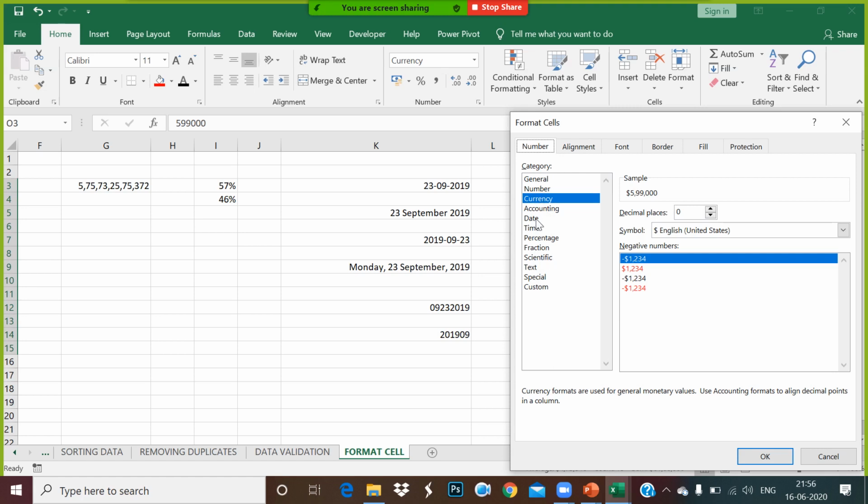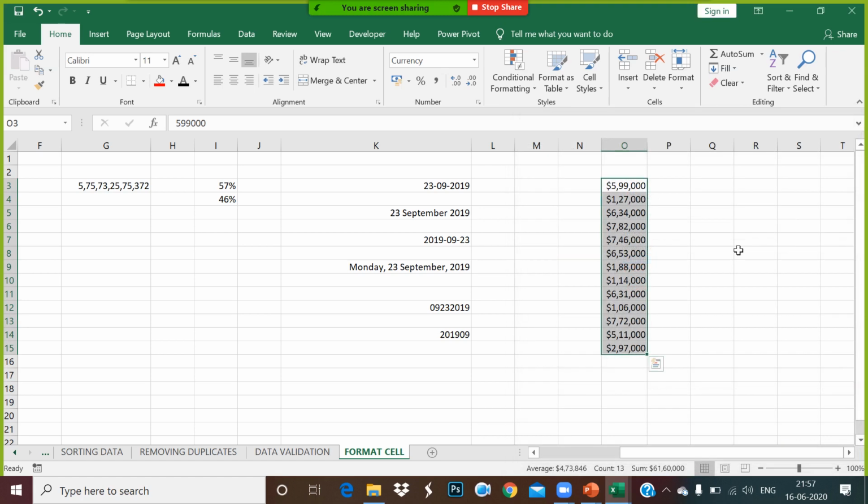When you learn about statistics, we will be using accounting functions, fractions and scientific functions there. But for normal Excel analysis and reporting, we have to deal with general, number, currency, date, time, percentage, text, or custom. Is that clear to everyone?